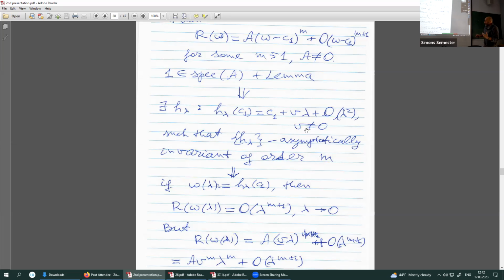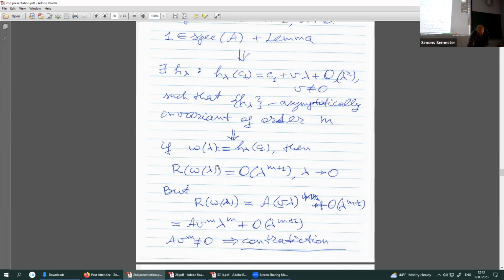So when you come to the end, come back to C1, then you obtain the same asymptotic invariance. So the first non-zero possible term is lambda to the power M plus 1, which is absurd